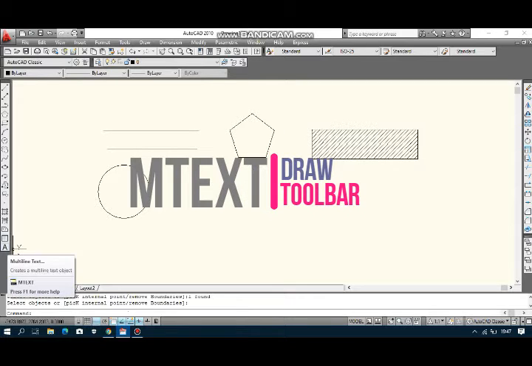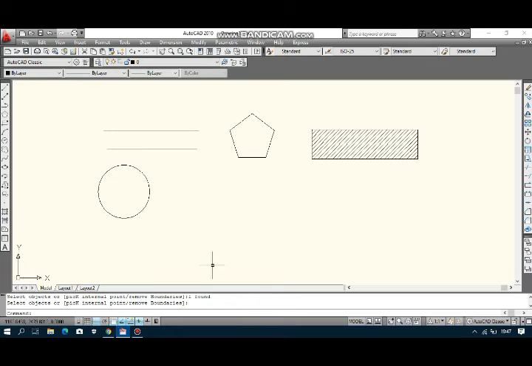MText. The MText toolbar with function to create multi-text. How to apply is type MText, then enter.